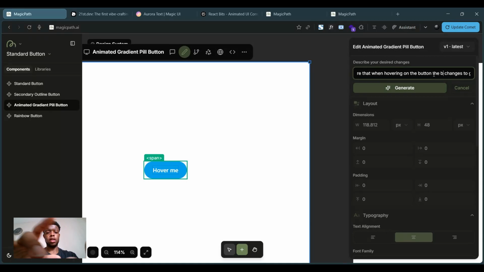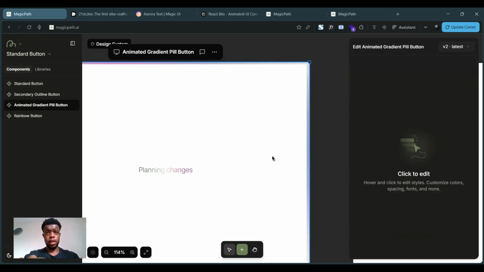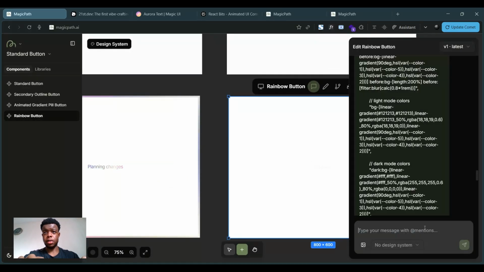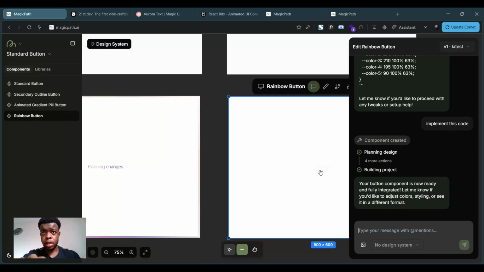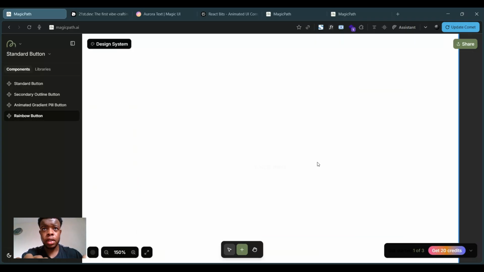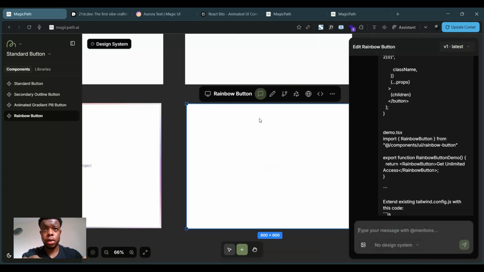Put the background fill color changes to green. Let's enter that, click on generate. Hopefully this should fix it. And then this button doesn't seem to be implemented. See if you can click me. Okay, it's not quite working, so